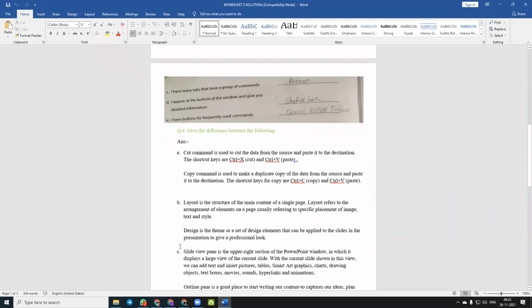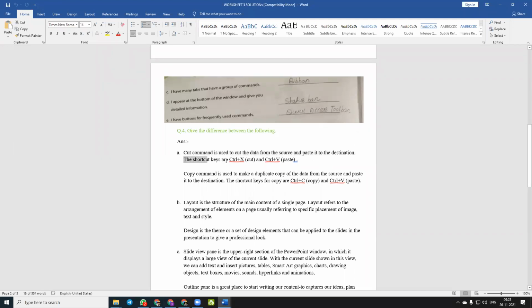Question number 4. Give the difference between the following. Cut and copy. Cut command is used to remove the data from the source and paste it to the destination.